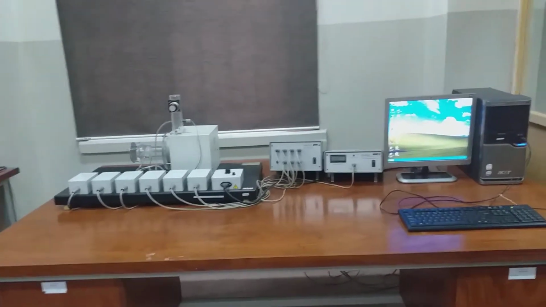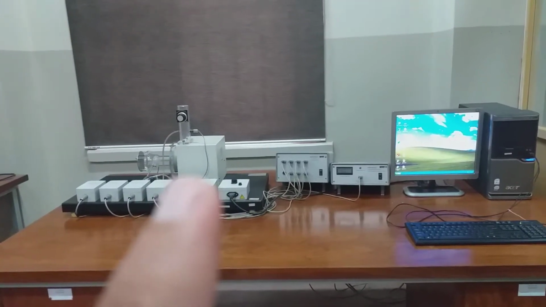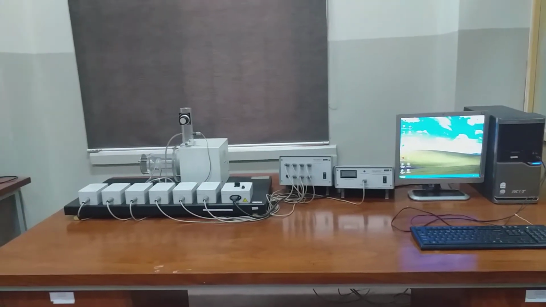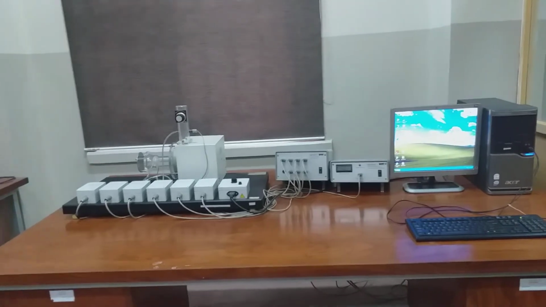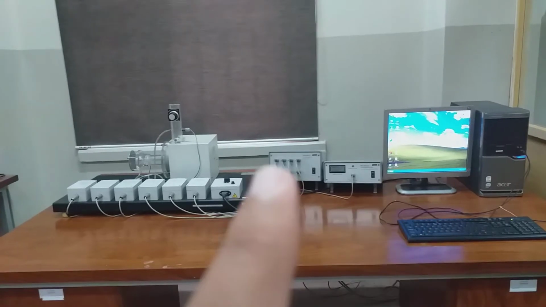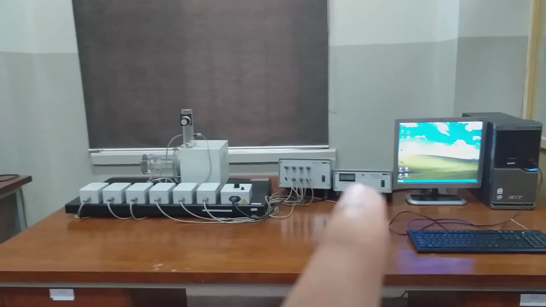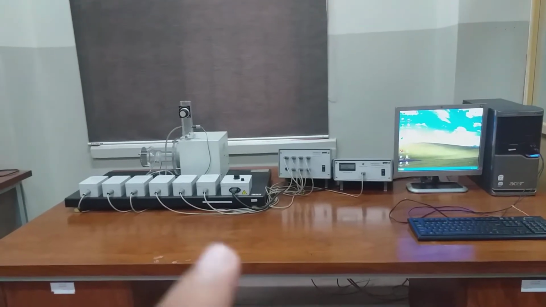The apparatus consists of the following parts. The number one is the centrifugal compressor. It is the two-stage compressor. Two-stage means there are two combinations of stator and rotor inside the enclosure of the compressor. The second part is the interface module. The third part is the active power measurement device. And the fourth is the computer.